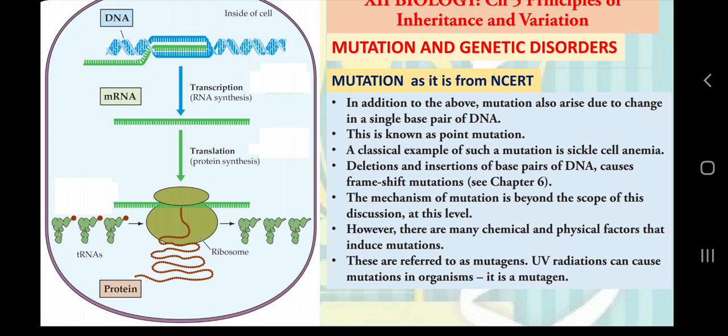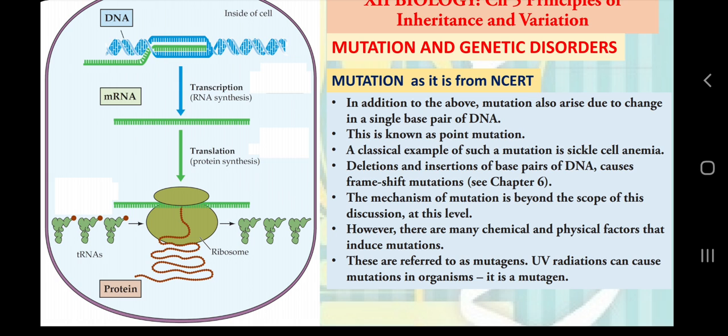Now, when you understand the process of mutation, the concept of mutation, and the significance of mutation, then a question will arise: why do mutations happen? So, in very simple terms, if you are copying 3 billion nucleotides in humans, there is going to be some mistake, 100%. So these mistakes are called mutations. So mutations happen spontaneously, but yes, some factors also induce mutations.